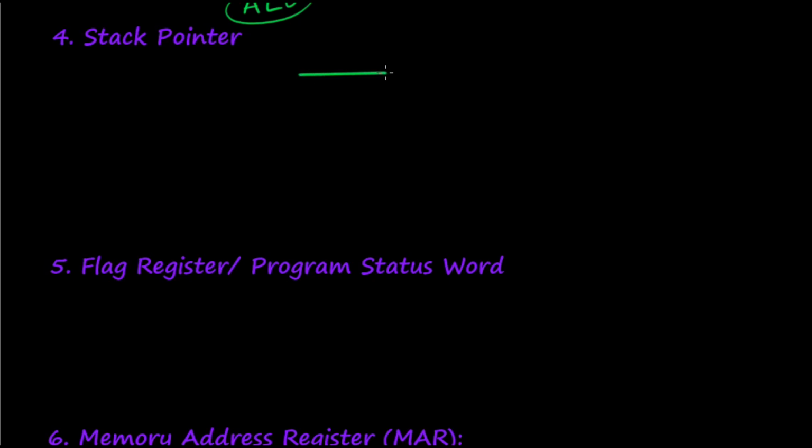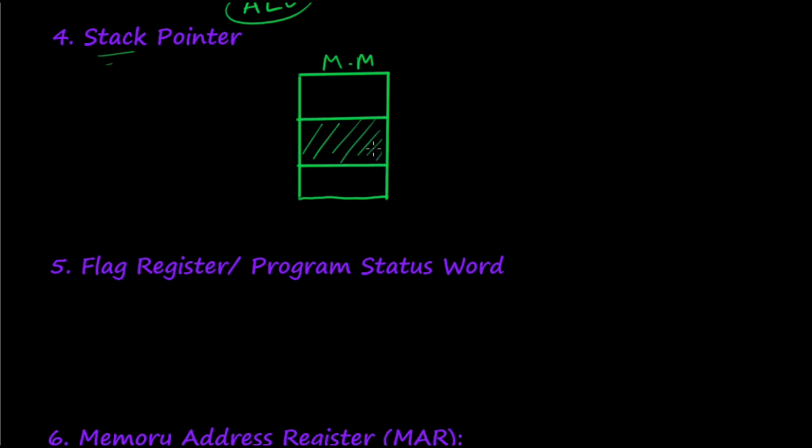If you haven't learned programming, you may not have heard about this word stack. No problem. Consider this as your main memory. Stack is nothing but a memory region. Inside main memory there will be a fixed region reserved for stack operations. Stack is actually a location space reserved for some operations. It is fine to know that much at this point of time. Now this stack actually looks like this.